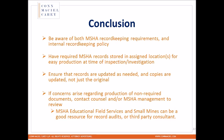Another good option is obviously reviewing your document policy or your documents on a regular basis to see if your records are sufficient. That can be done internally, whether from site to site or by your internal safety and health team or legal team. It can be done by working with someone like me or a third-party consultant who does this kind of thing. Or MSHA has the educational field services, and